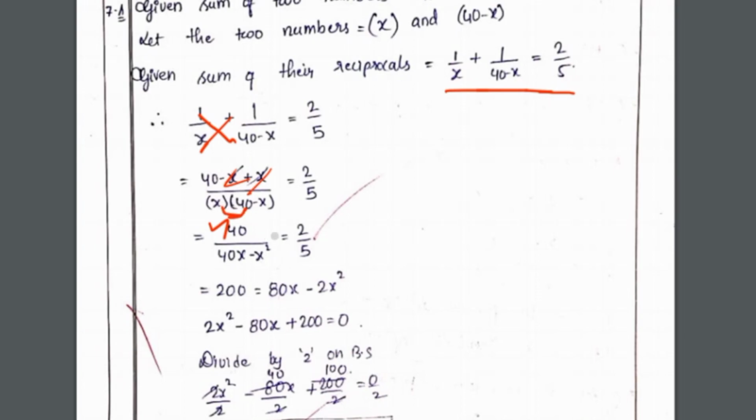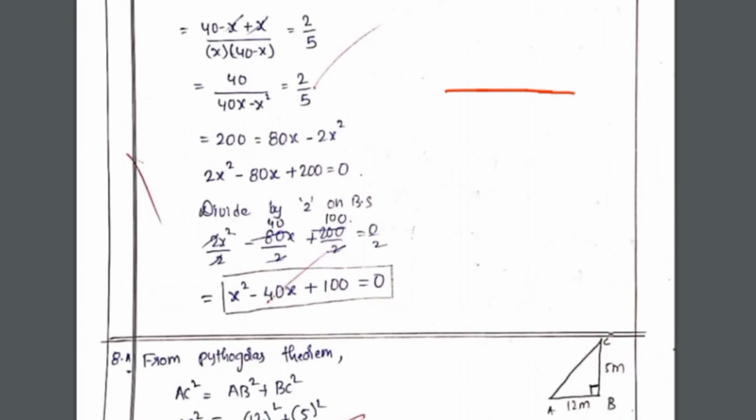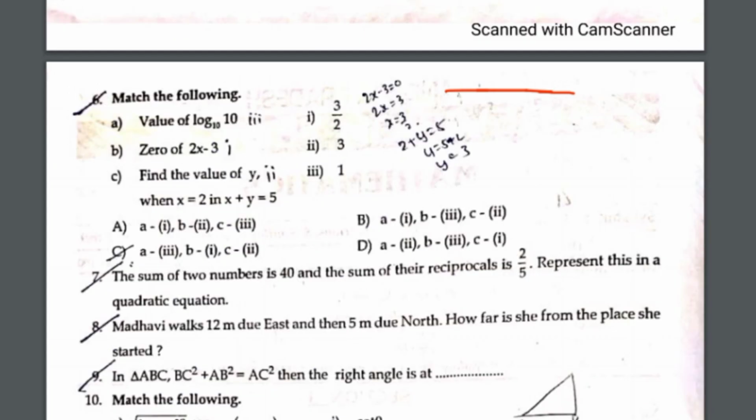So by taking the cross multiplication, 5 into 40 is 200, and 2 into 40 is 80x minus 2x square, right? Finally here, what's the equation we got? 2x square minus 80x is equal to 200. By dividing by 2 on both sides, because all are multiples of 2, finally we get x square minus 40x plus 100 is equal to 0. Okay, so this is the answer for this question. And the next one is,